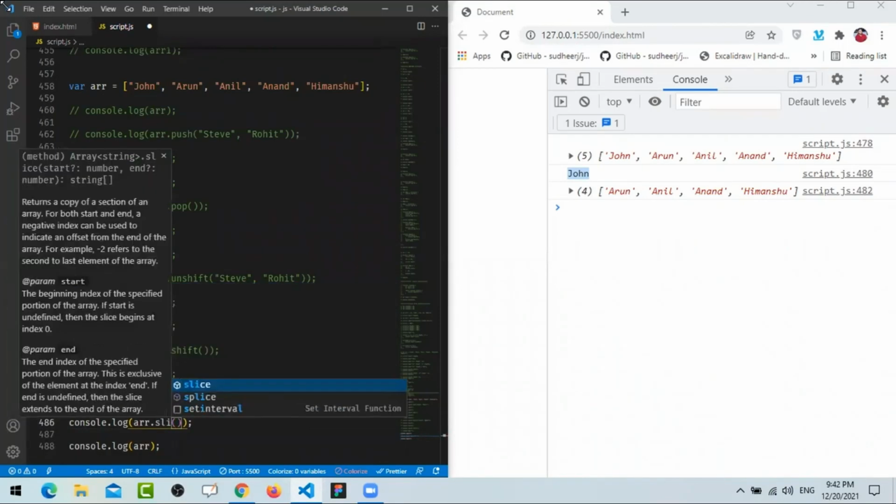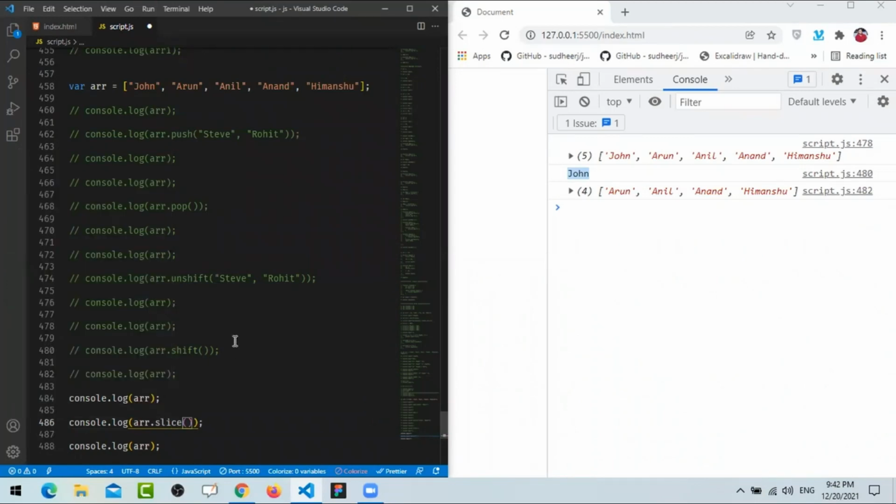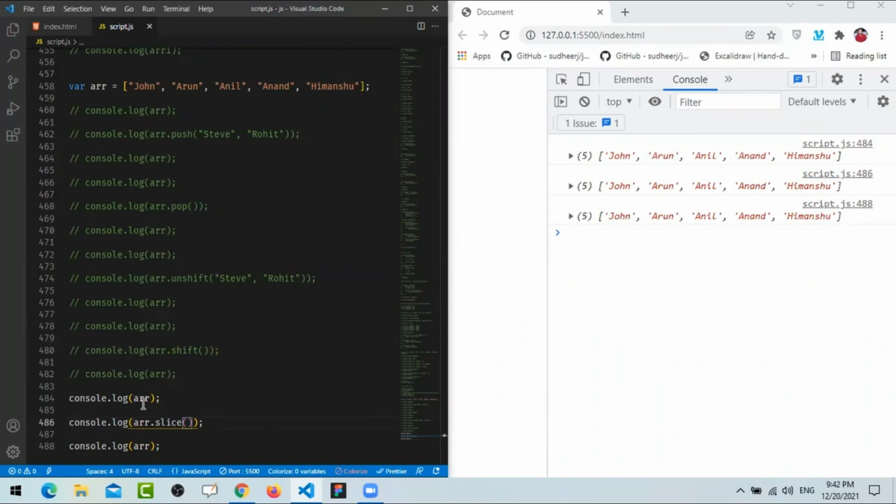Okay. So simply I'm using slice, and let's see the result here. Here the original array is array. When I'm using array.slice, it is giving me the same array. And after that also, when I'm trying to print that array, I'm getting the same array. What is happening actually? So see, slice method you can use if you want to clone any array, or